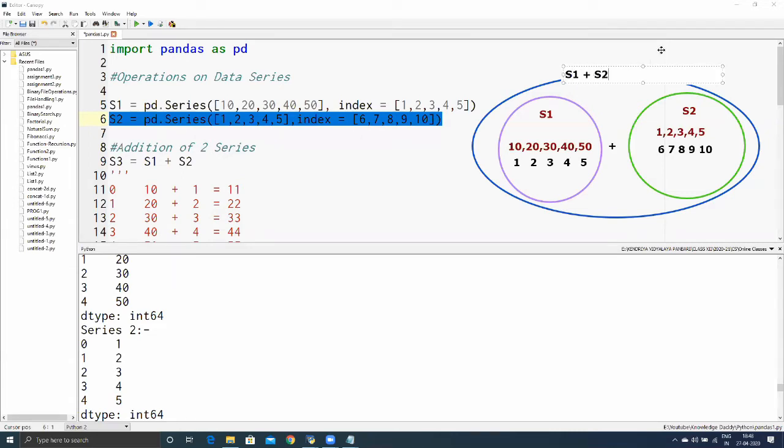Okay? We can't leave anything out of this set. We have to include everything while doing the addition. As I said, there won't be any kind of errors. So while there are no errors, what is basically going to happen? It is very simple. It will generate some dummy index positions